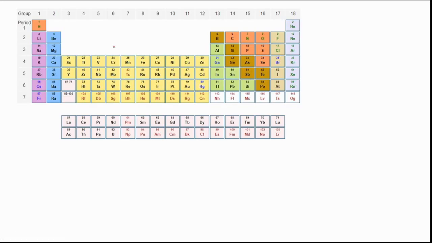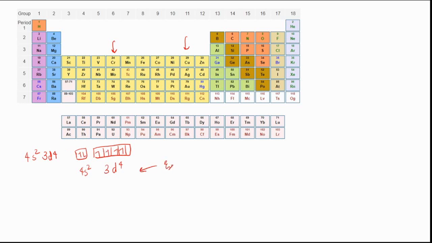So there's an exception for chromium and copper. So chromium, so this is what? 3d4. Okay. So this is 4s2 and 3d4. So if I fill this, this will be first filling in the s orbital and then we'll be filling in the d orbitals. So if you see, the d is not half filled. So what happens? This is the expected electronic configuration 4s2 3d4.